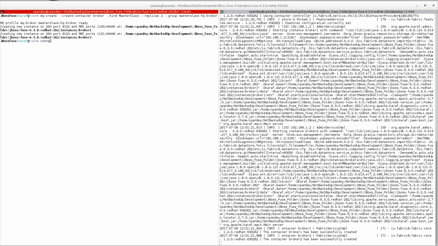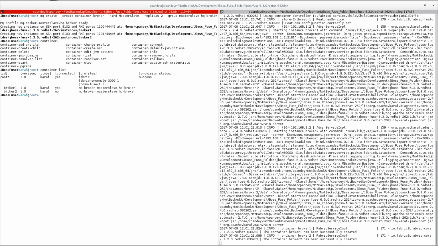Now guys, if you see here, two containers are created, broker 1 and broker 2, and they are already assigned this HQ broker profile. If you remember, this is the broker name, this is the group name. So this server profile is automatically created once we execute this command.